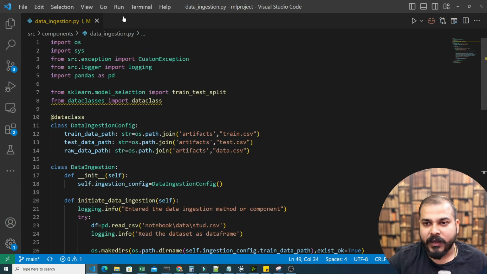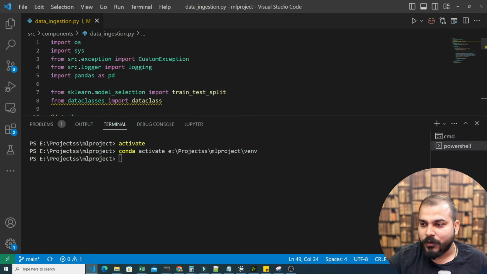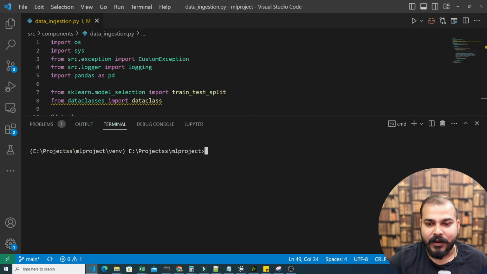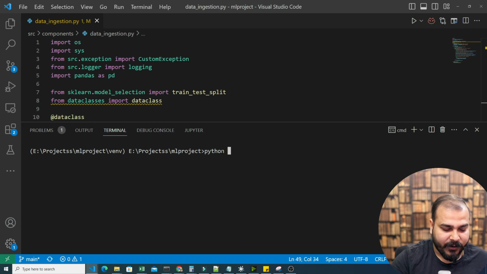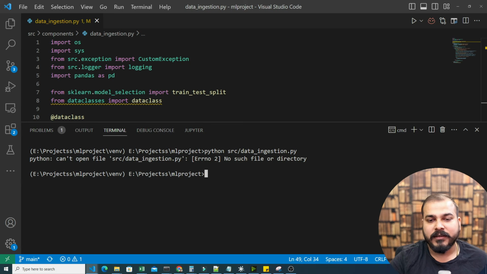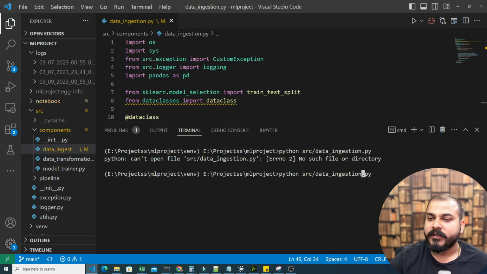So quickly, let's go and open my terminal. I've just worked in one file today, right? So I am already in my environment, venv. If you're not there, please make sure that you be in the environment, then only you'll be able to execute. Now I'll write python src/ingestion.py. Once I execute it, it says can't open, no such file or directory. Why? Let's see, it is inside src and components, so I will write components/